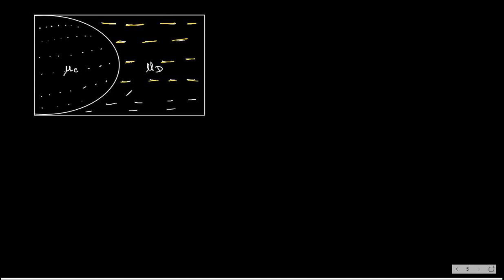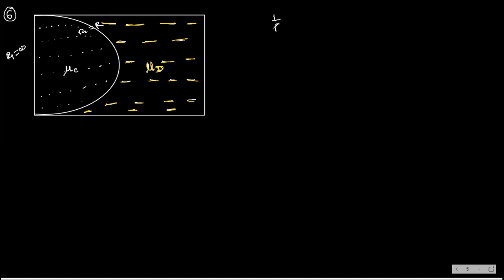So this yellow one is mu d, and this one is mu c. Okay, this is the 6th point. Now, how to find the focal length of this combination? Net focal length, how to find for this combination? First we have to consider this C part. So we know this is R1. R1 is equal to infinity. R2 is equal to, let us suppose, R.